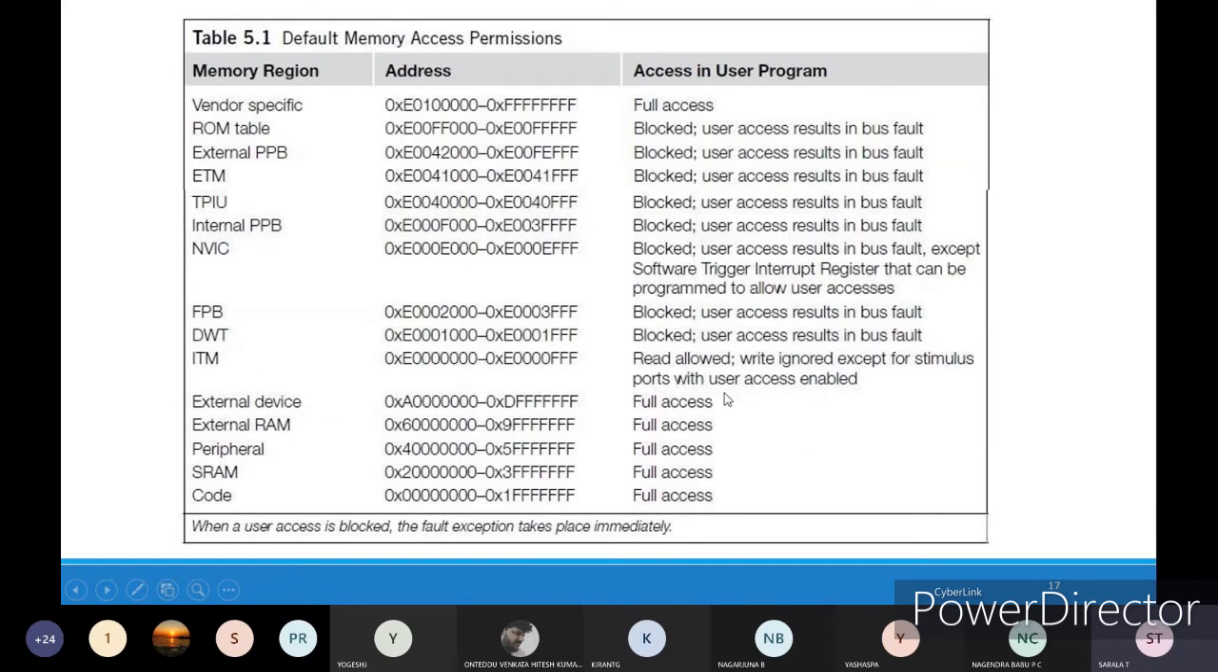If you are going for ITM, read allowed means you can read the data from that. Write ignored except for the stimulus port with user access enabled. If user access is enabled for this peripheral connection, then only this can be executed. You can execute, or you can read the data from this memory address. Okay,